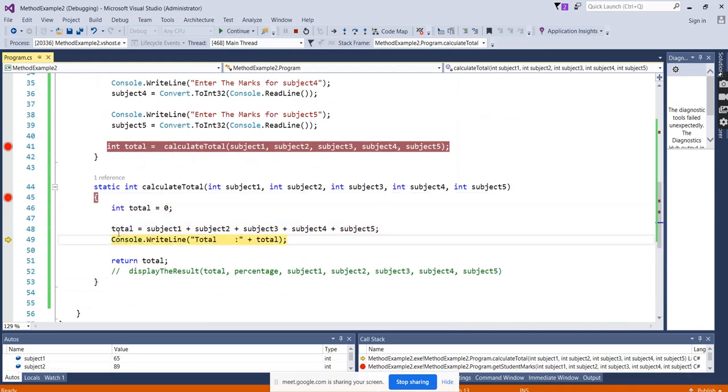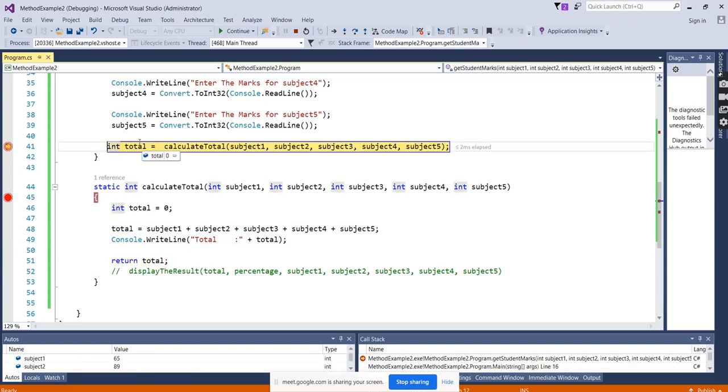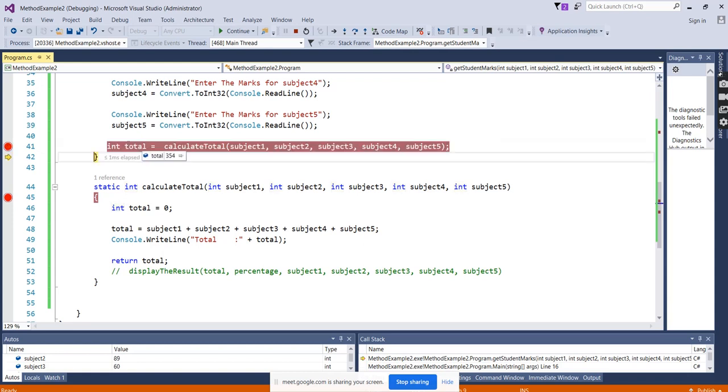Press F10. The calculation is 354. And it is returning the value of the return total. Right? Just press, and you got a value. So it is returning a value here. And in the same way, I want to return to the main function.